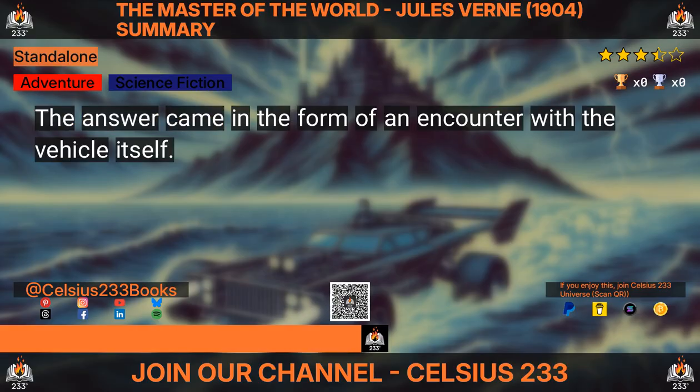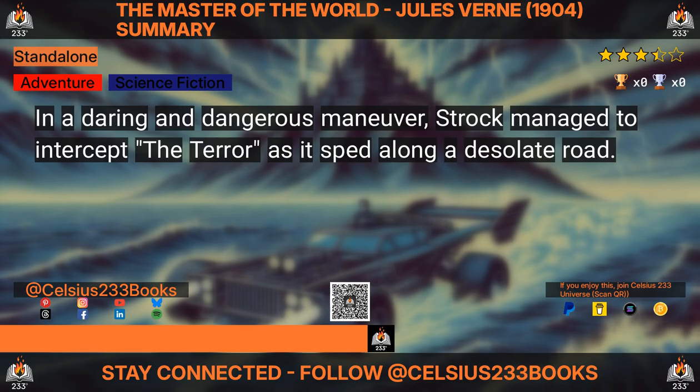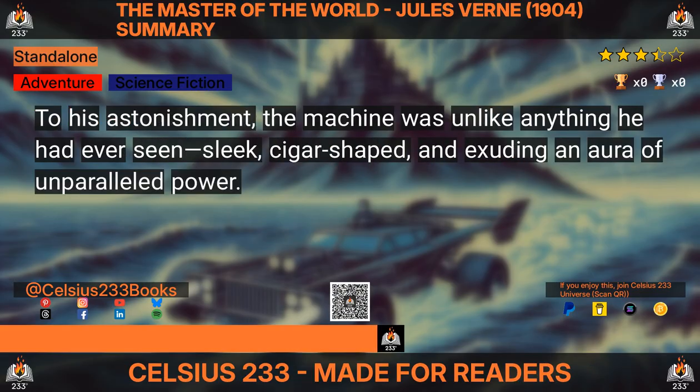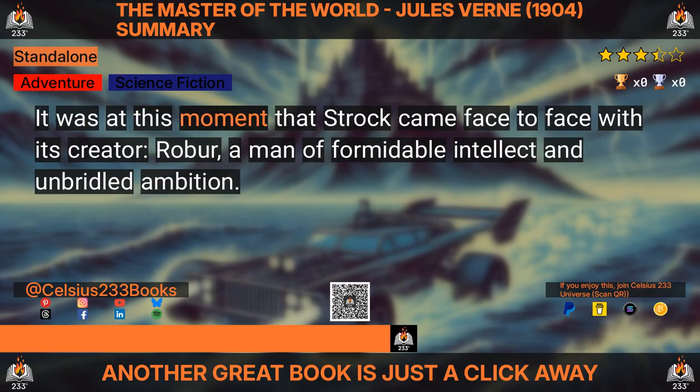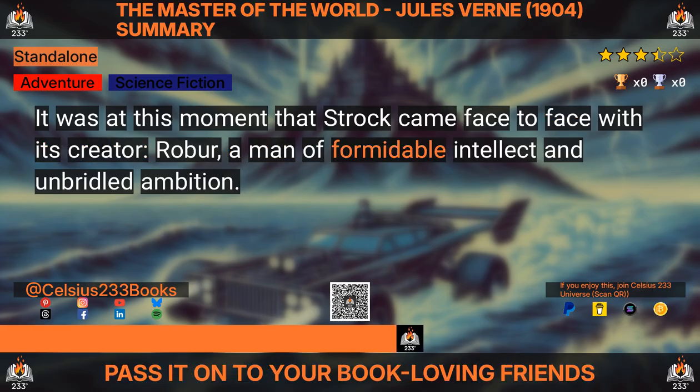The answer came in the form of an encounter with the vehicle itself. In a daring and dangerous maneuver, Strock managed to intercept the Terror as it sped along a desolate road. To his astonishment, the machine was unlike anything he had ever seen, sleek, cigar-shaped, and exuding an aura of unparalleled power. It was at this moment that Strock came face to face with its creator, Robber, a man of formidable